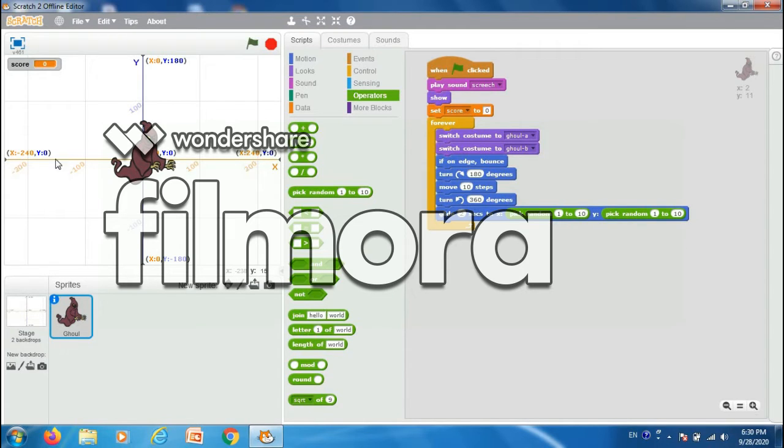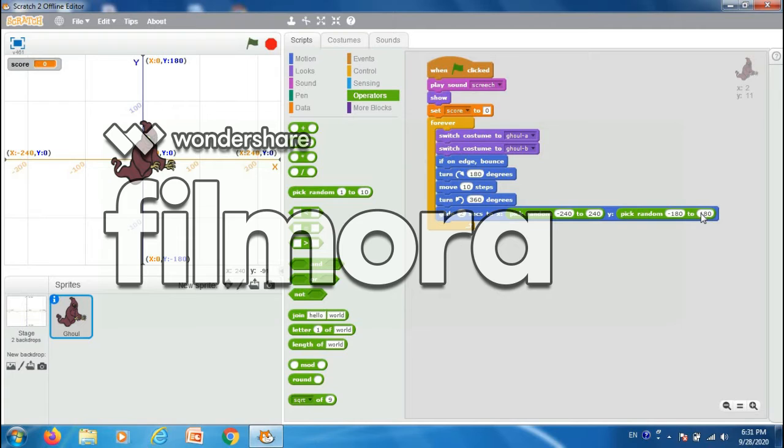Here the X is minus 240 and here the X is 240. So we will set minus 240 and 240. And then here we will select minus 180 and then 180.